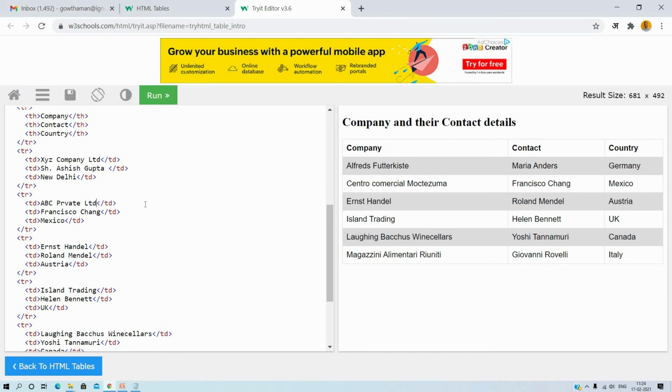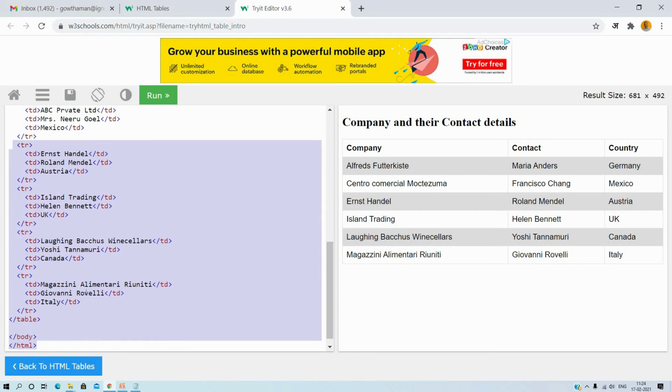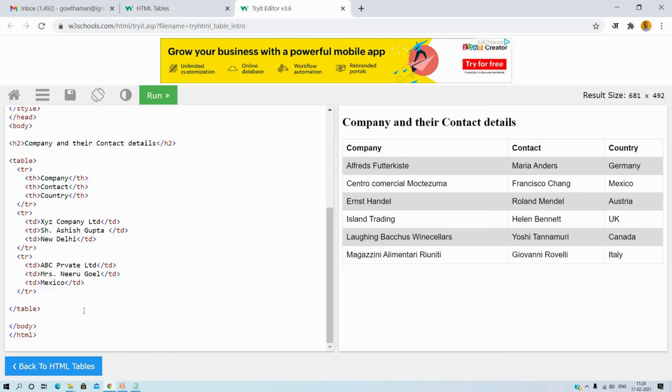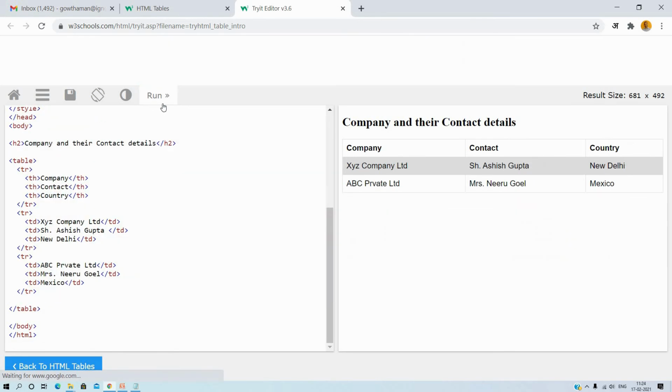Then another record, ABC Private Limited, Mr. Nehru Goyal. Then I am deleting the remaining records, not required, since this is only for learning purposes. Now I run, and you can see only 2 records.